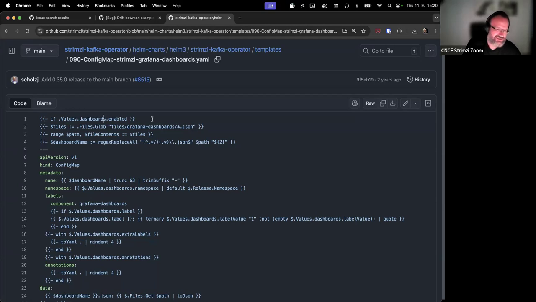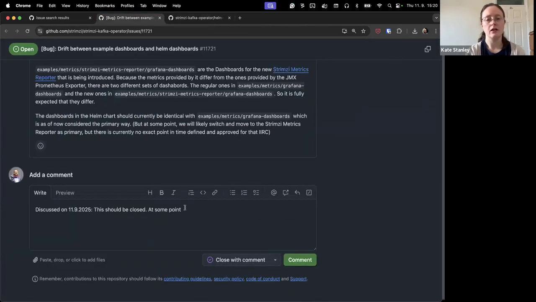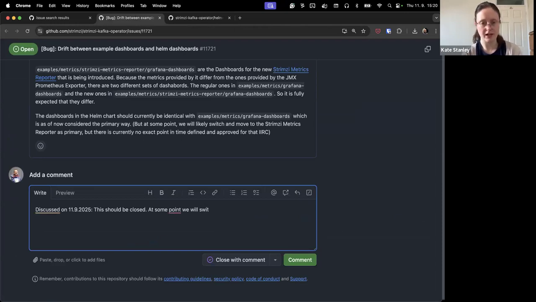Would that be interesting? Who knows? Well, I guess we close this issue then, but if needed, we could have a separate issue for supporting the Strimzi metrics reporter dashboards directly in the Helm charts. That will happen eventually anyway, but if people want them earlier, they could add an option to have both.